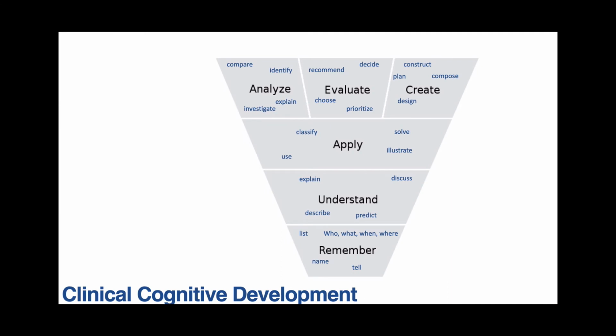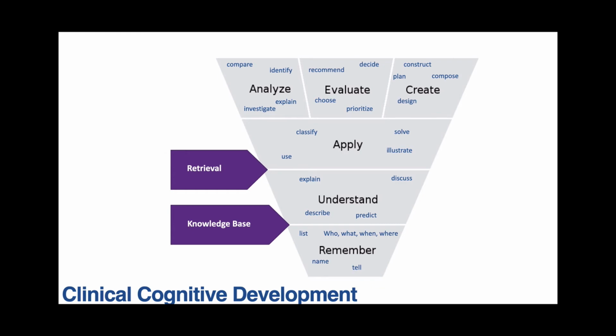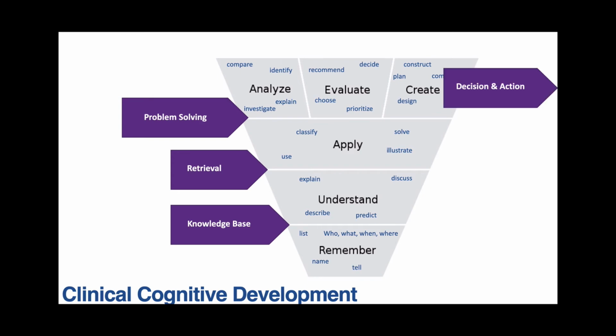In order to structure a framework for how cognitive competency development might progress, I have found it useful to consider Bloom's taxonomy for learning objective development. At the base of any new learning are the important cognitive skills of gaining, remembering, and understanding new knowledge. This is followed by the ability to retrieve and apply knowledge for the purpose of problem solving through analyzing, evaluation, and then creating a plan, and finally deciding on a safe and effective course of action.